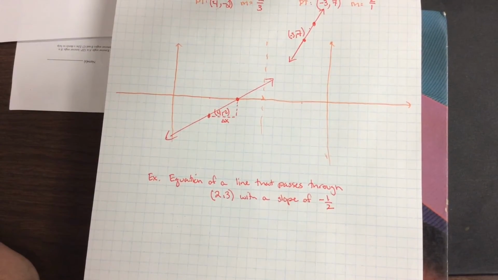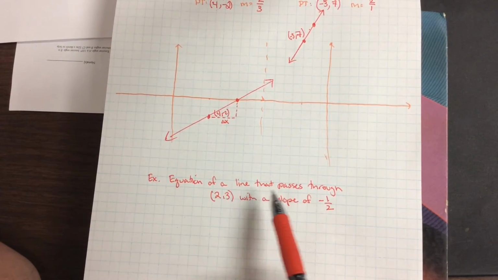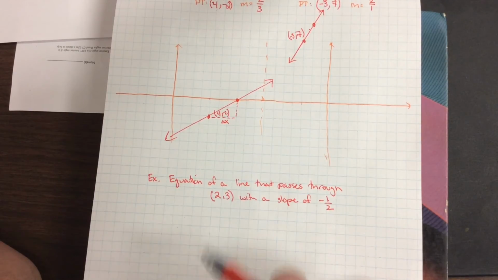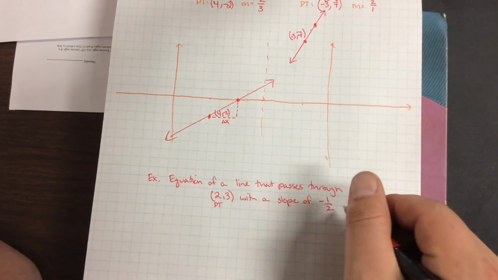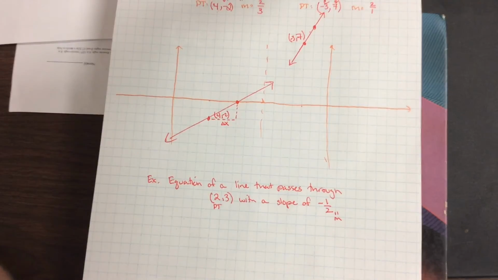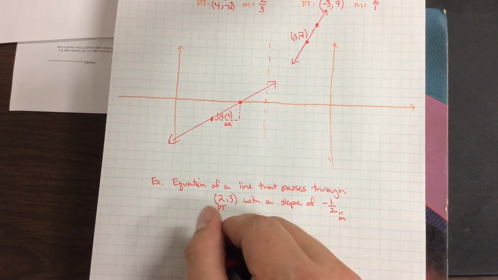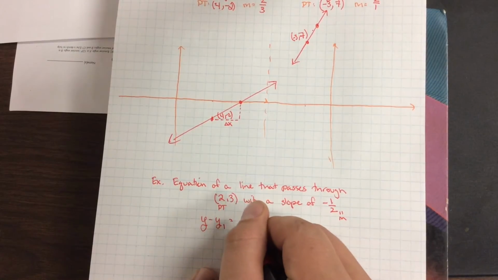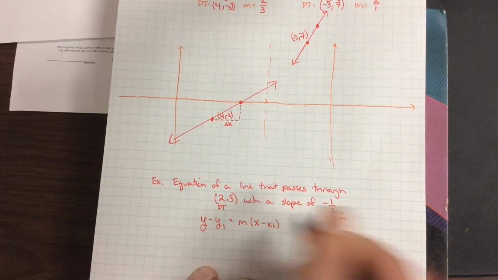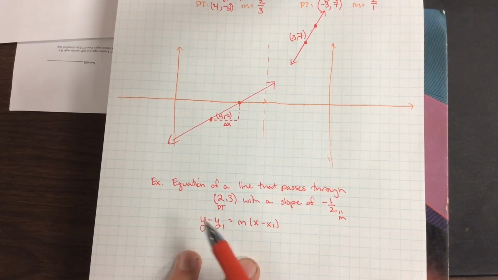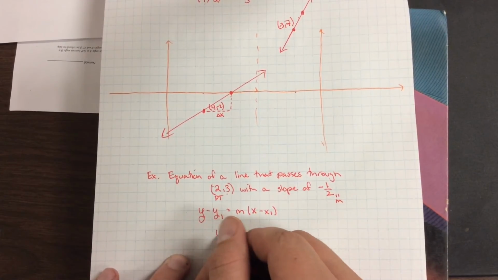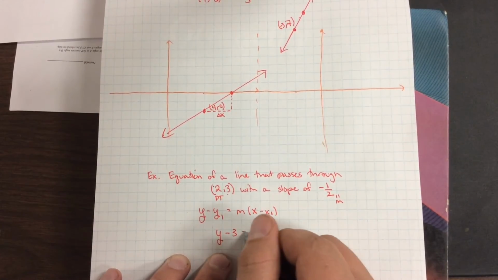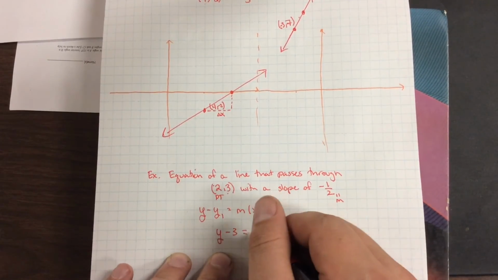All right, one of the problems you'll see on your homework also is that it'll ask you to make an equation of the line that passes through some point, so 2, 3, okay, with a slope of negative 1/2. Okay, so if we want to do this, we want to start with our form. So y minus y1 equals m times x minus x1. And what we're going to do is fill in for y1, m, and x1. So we're taking the opposite of what is given to us. We were given 3, so to make this equation, we're going to say y minus 3 equals our slope, which is negative 1/2,